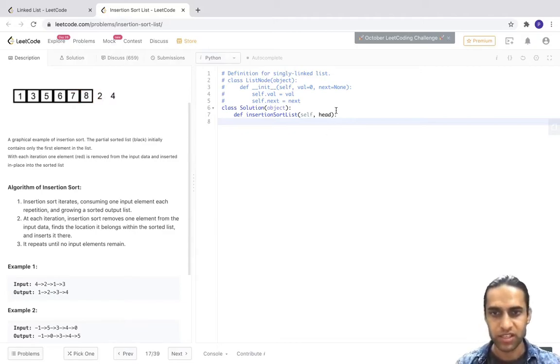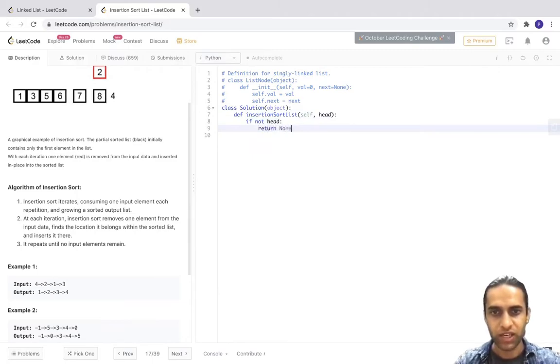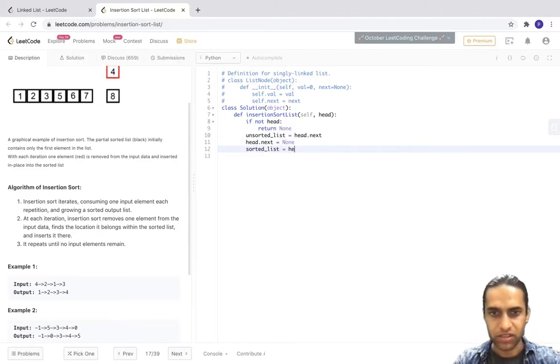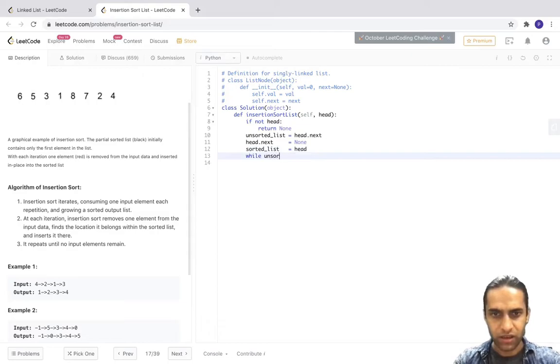So let's see what it means. Code will make more sense. Let's do this edge case first. If there is no head, I return None. Otherwise I will have my unsorted list which starts from the second node, right? And I need to point this guy to None because I have to call head my sorted list. So now I have pulled the first node, right? I made its next None, and my sorted list is only having a single node, and the unsorted list starts from the second node. So what I say is, while I have this unsorted list, right,